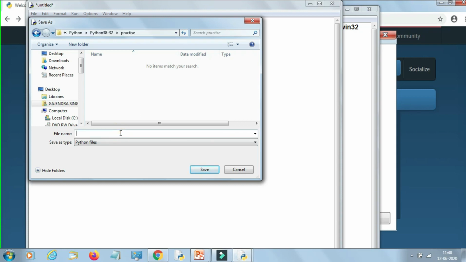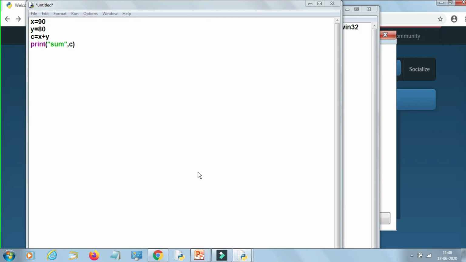The program number 1, so P1 is the name of the program. Now save it. After saving, the name of the file changes from untitled to p1.py, and this also gives you the location of the file. The py is the default extension of a Python program. A collection of statements forms your program. Now this is saved. You can come tomorrow, open it and make changes.